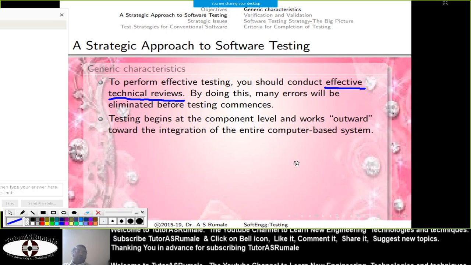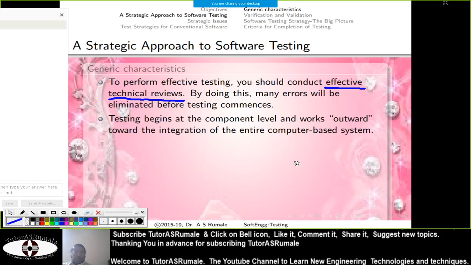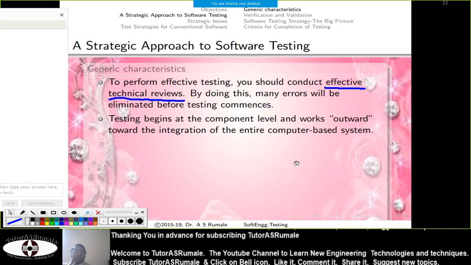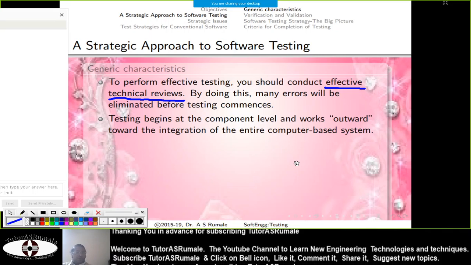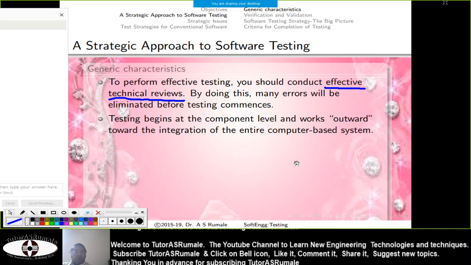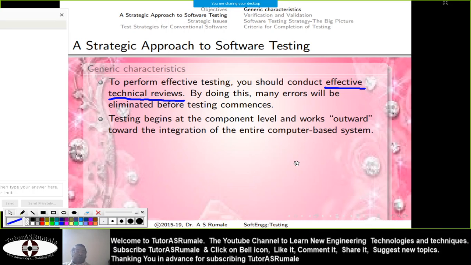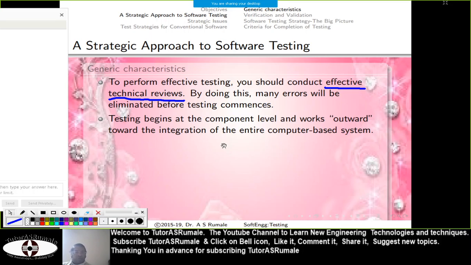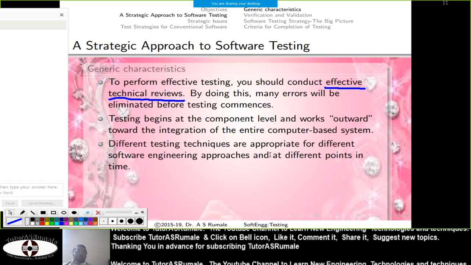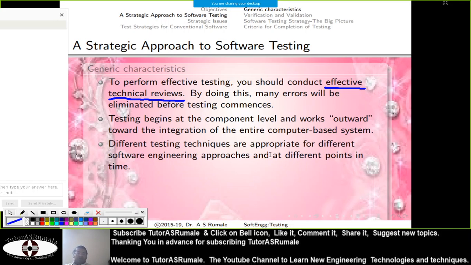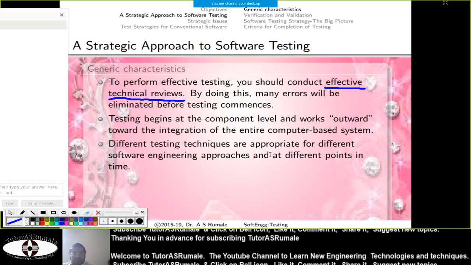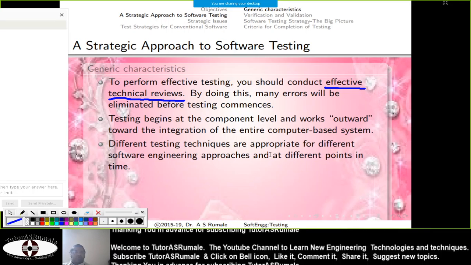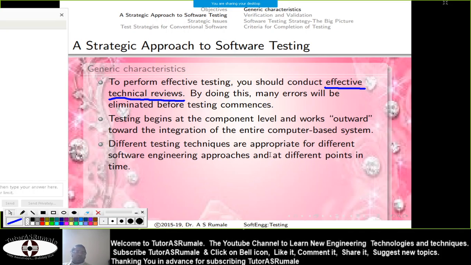Testing begins at the component level, so you have to be very cautious when it comes to component level testing. Components are many times also called units. So it's unit testing, and you have to check that it works outward, because the component is required to integrate with other components. Every component has an interface, and the integration of the components forms the entire system. So unit testing, or component testing, is the first. If the units are smaller and two or three units form a component, we call it a composite component. That also exists, but still the level is outward.